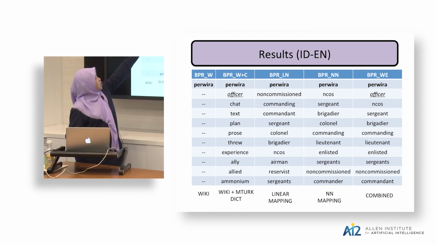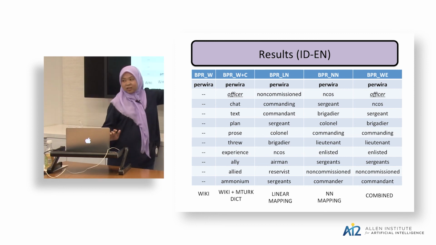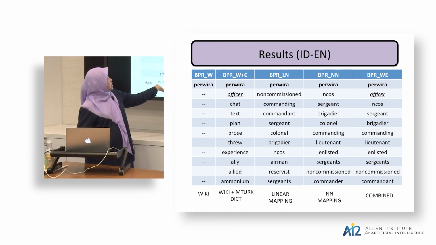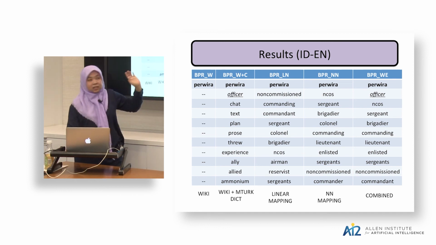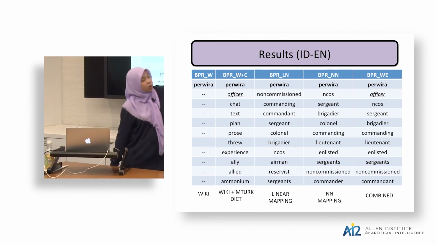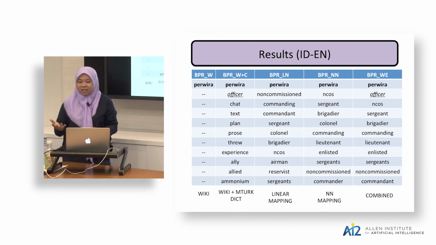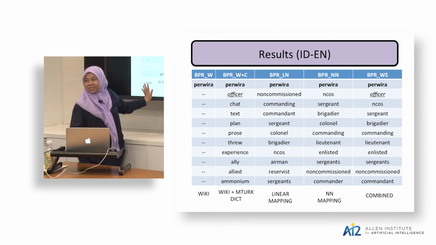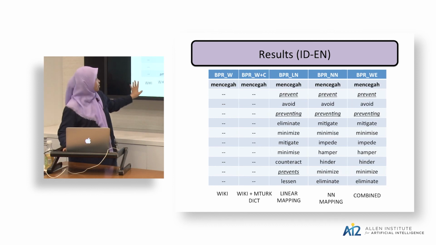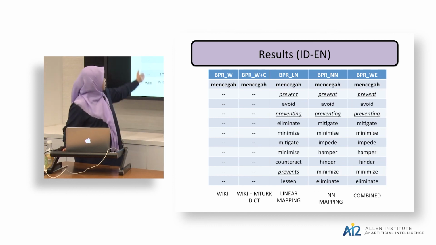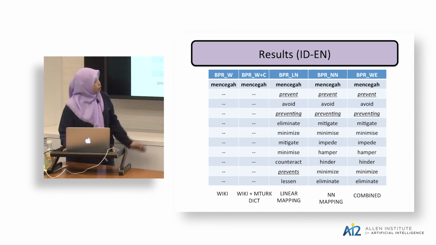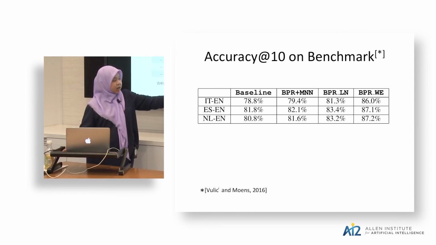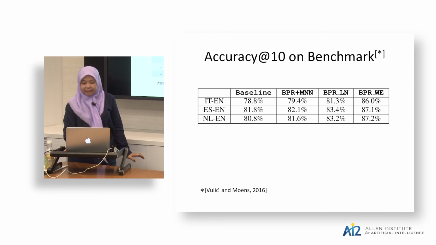And this is interesting because for some words, it only finds related words, not the right translation. But using additional information like Mechanical Turk, we can get the right translation. And overall, if we combine it, we can have both the right translation and the right related words. And for this, we don't have it, because this is the cold start issue that I mentioned before. It doesn't have enough associated observations just using Wikipedia. And so this shows that cold start issues can be alleviated by using the auxiliary information from the word embeddings.